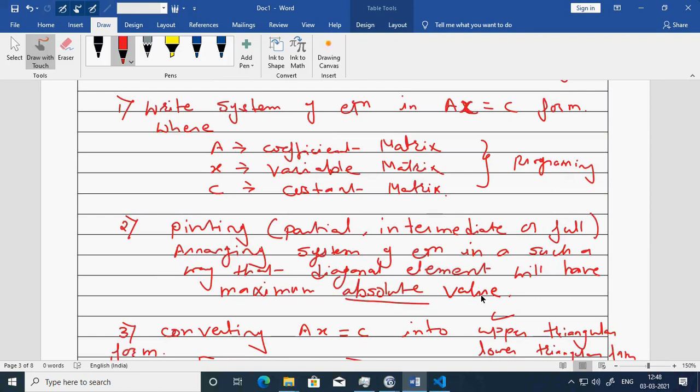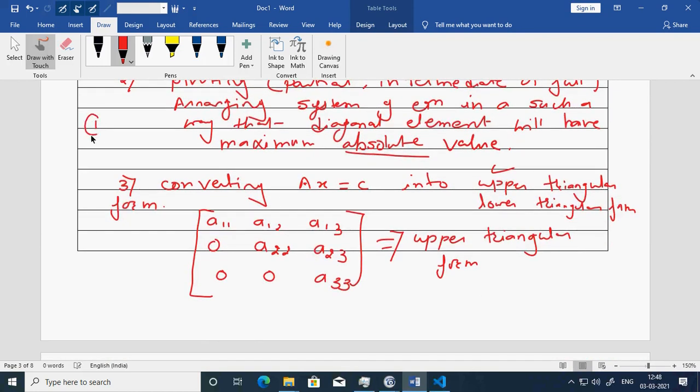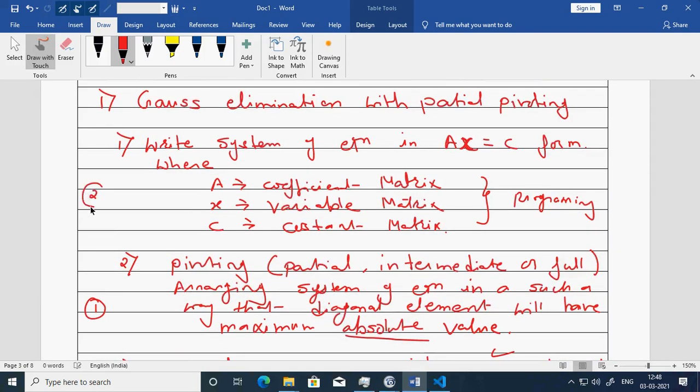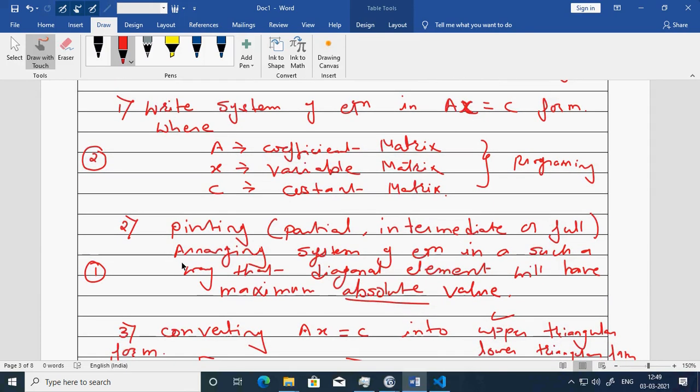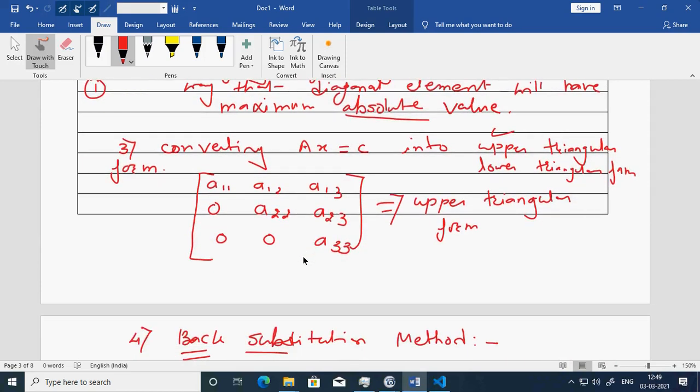Now, what we do when we solve manually, the pivoting is our first step, and the second step is this one. But for programming, this will be our first step, and the second step will be pivoting. So just a few things are changing, just to simplify the process, and the rest of the process remains the same.